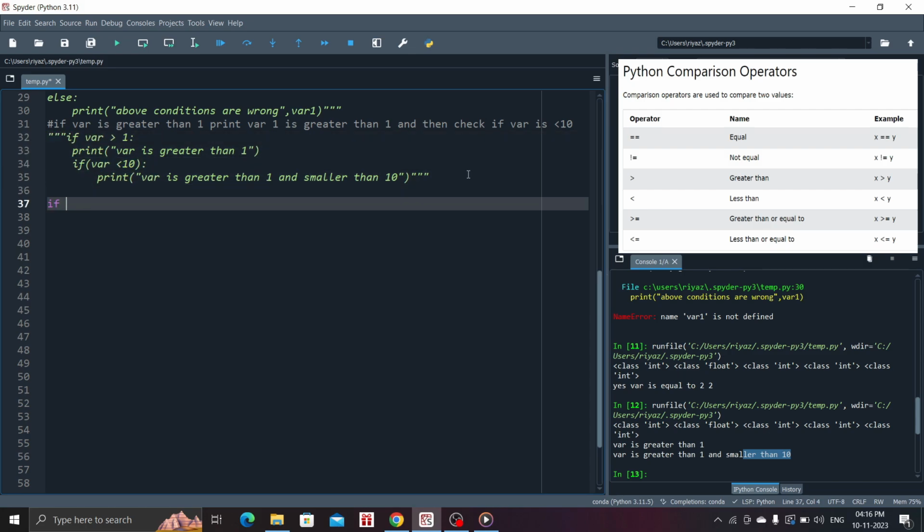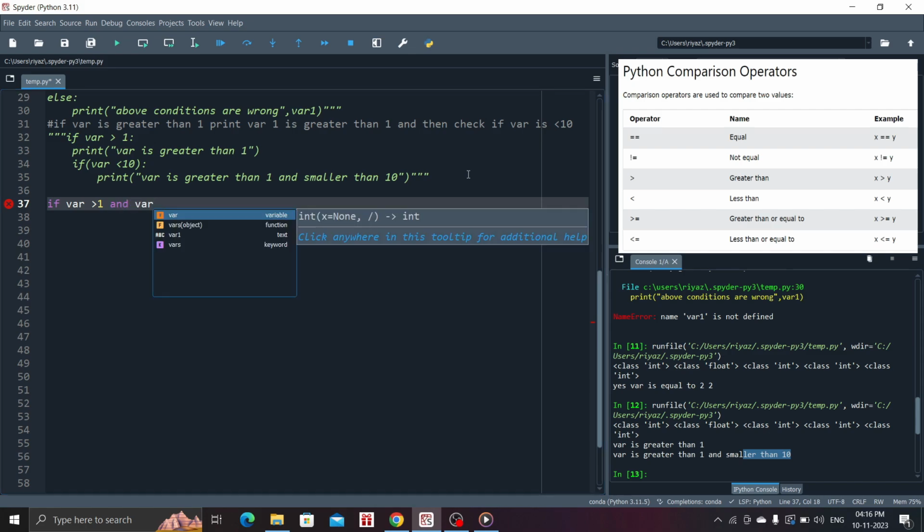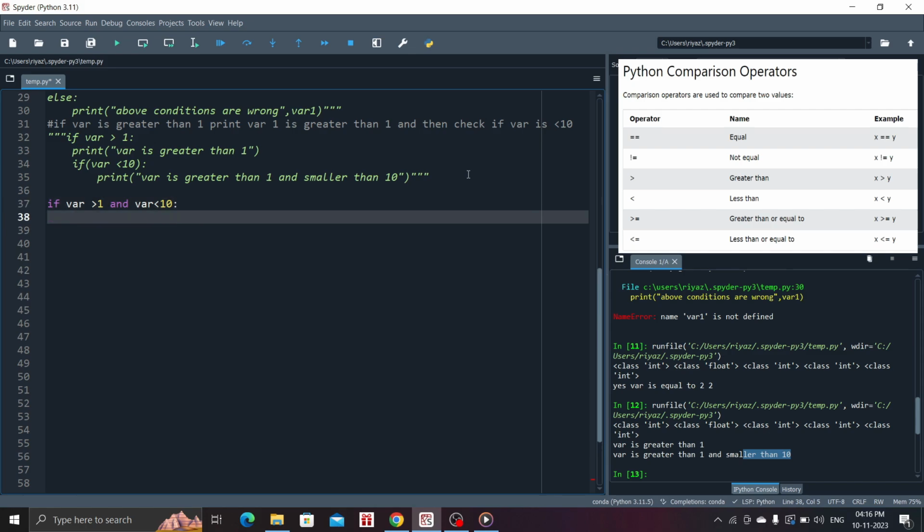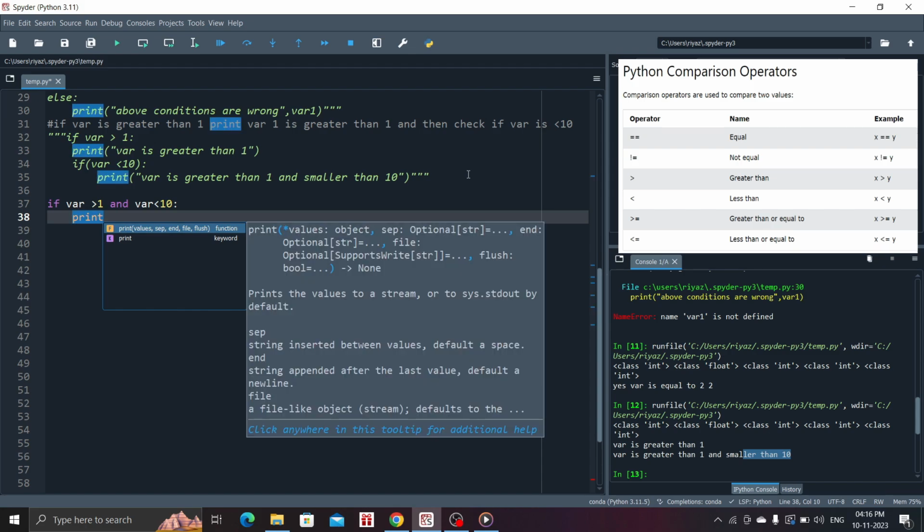Another way you can combine the conditions: var is greater than 1 and var is smaller than 10. From here itself, it will be checking both the conditions in one statement. Print